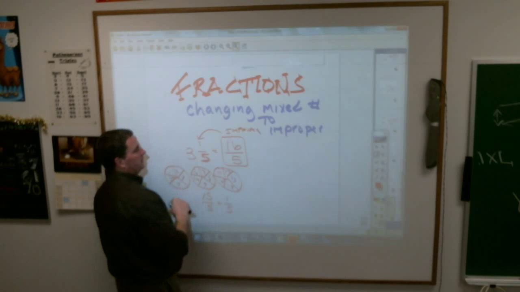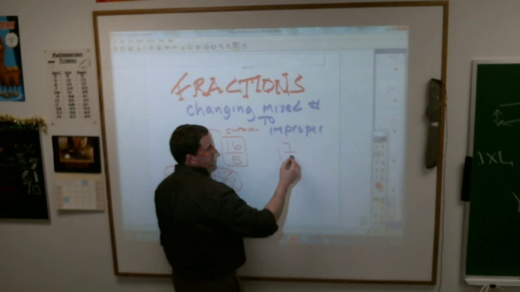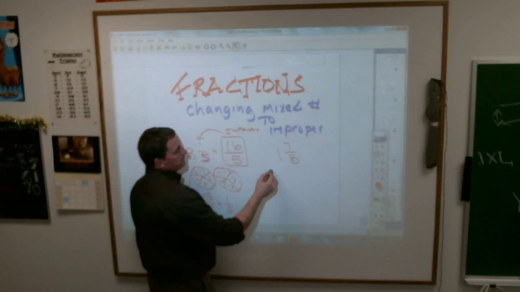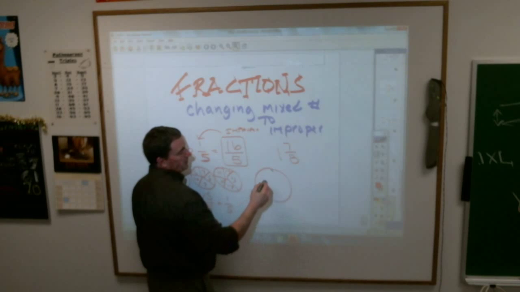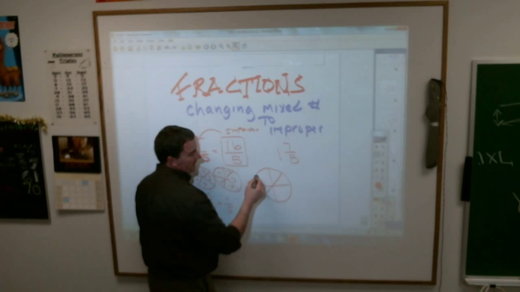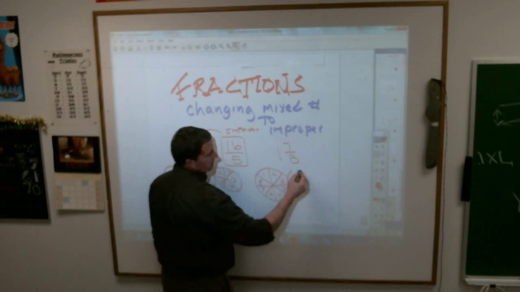Shall we do one more? I think you're excited about that. How about 1 7/8? And I want to change that into improper. Well, I can take my 1 whole circle, and I'm cutting it into 8s because of that thing there. How many 8s is this? 1, 2, 3, 4, 5, 6, 7, 8 8s plus another